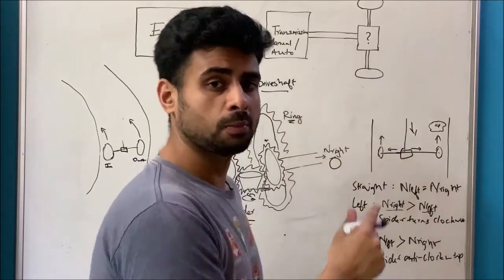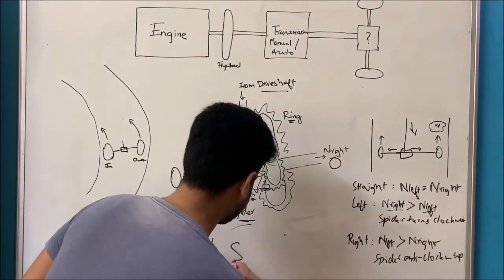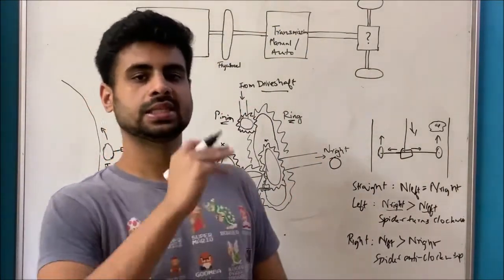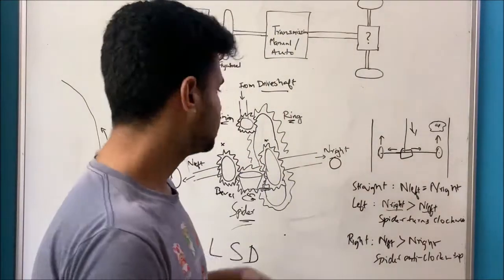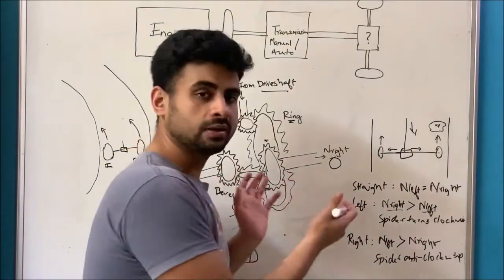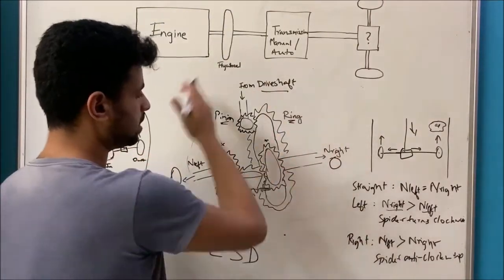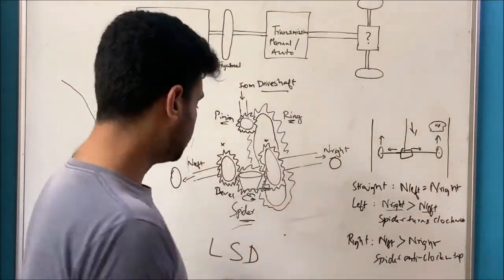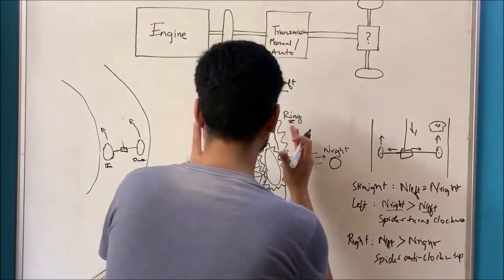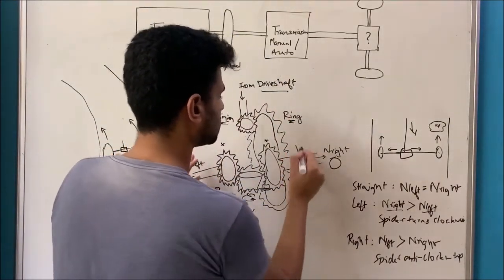To solve this problem, we have something called LSD, which is limited slip differential. It is an extension of the normal open differential that we just spoke about. So anyway, this differential system sits in a housing, and what the LSD does is put pressure plates on both sides here,